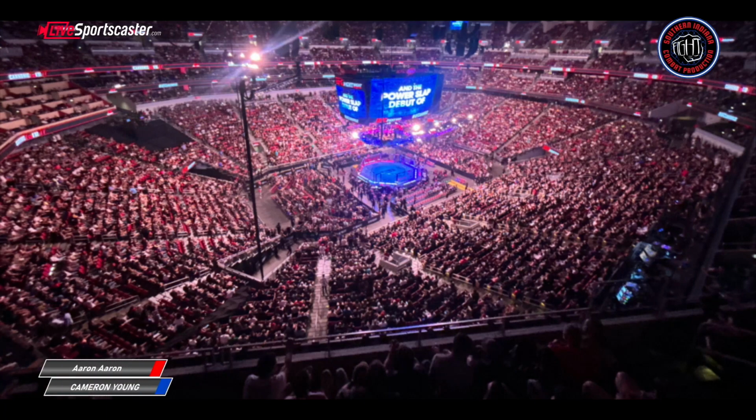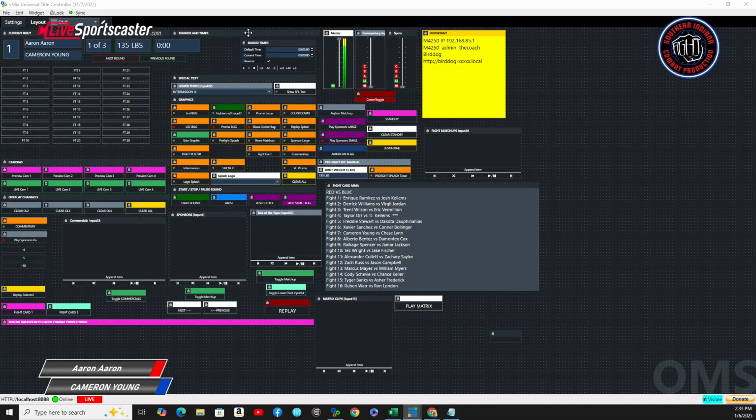And you can see where that goes away and the corner bug comes in. So that is what happens each time we hit that start round. Now, in between rounds, what we'd want to do is go over to our vMix UTC,